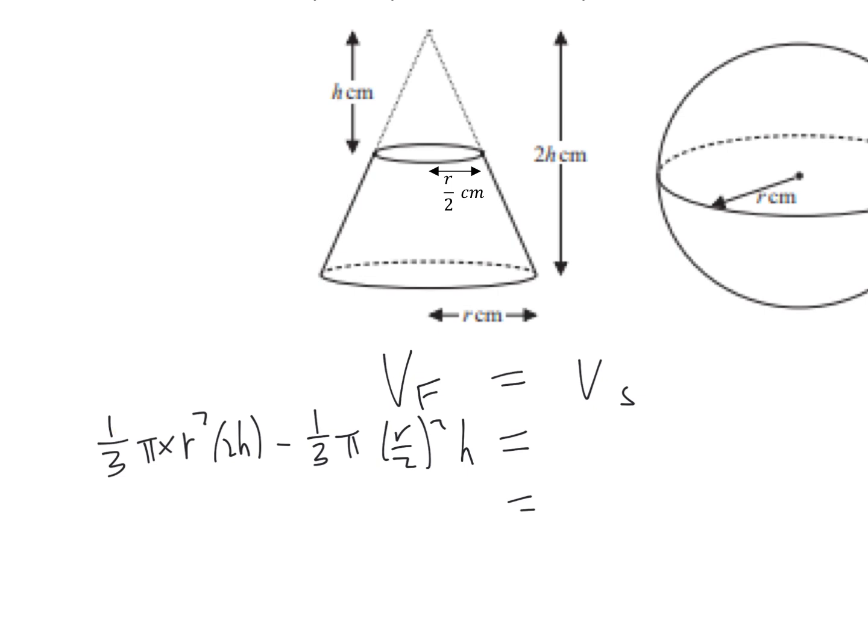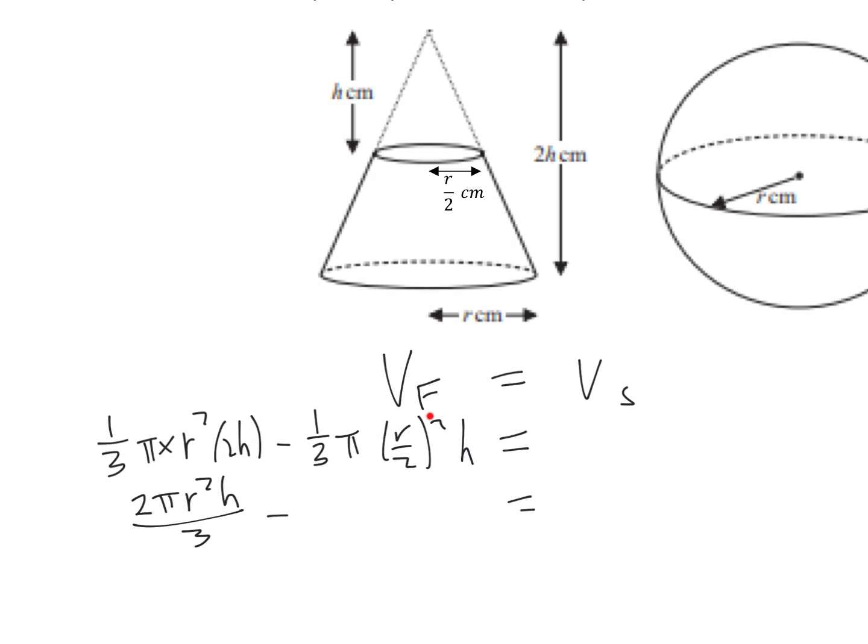Just a 2 can bring on top of that 3, and we can write that as 2 pi r squared h divided by 3. The 3 can be just below the 2, or it can be below the whole thing. It basically has to be divided by 3 in the end. The other one,